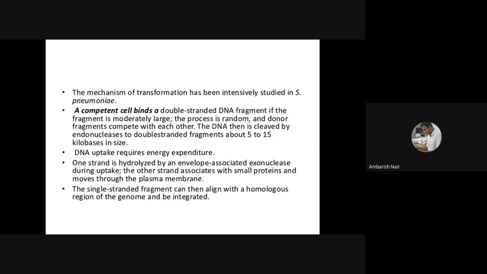Naturally it will happen because natural competent cells will develop sometimes, maybe during the growth period, or maybe due to some nutrition, or maybe due to edaphic or environmental conditions. So all those factors will help this bacteria to achieve natural competency. Then it binds double-stranded DNA, then takes up only single-stranded DNA by degrading the other strand, then it may integrate it into the genome, and then it starts expressing it. So then what happens? This recipient bacteria is a new bacteria now because it has got extra genome. If that genome is expressed, it can show different characters than the original one. That's what I always want to tell: that's what we call evolution.